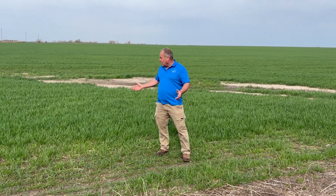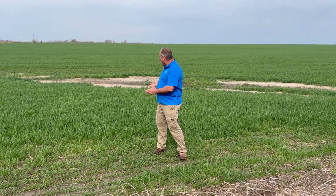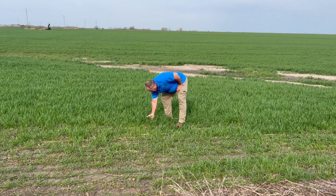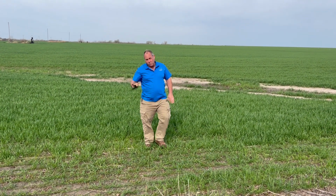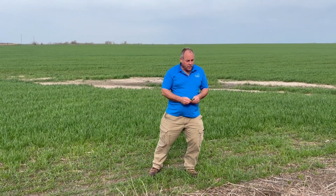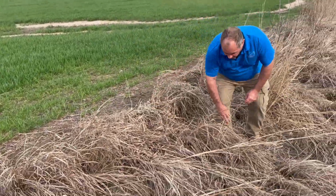Wheat pasture, here we are, it's April 1st, so we've got green wheat here, but as you can see, very high quality, high in protein, but there's just not much volume here. If we were to turn cattle out here, it would take a bunch of acres in order to carry a cow herd, and they wouldn't be able to stay out here very long. Now, in contrast, we have